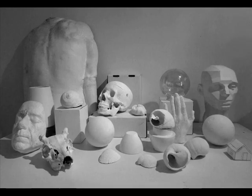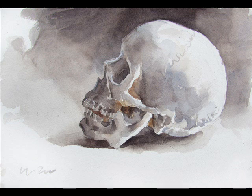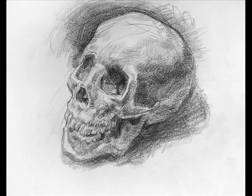Describing form with light and shade can also be done quickly, particularly with washes, and many trained artists in the past and present used it and use it very effectively, particularly for sketching. But we are going to start with drawing, not washes, though perhaps some of you will give washes a go later on. And I am going to urge you to go very slow with this, to take lots of time to train your eye and mind to recognize and even imagine clearly what is in light and shade on the